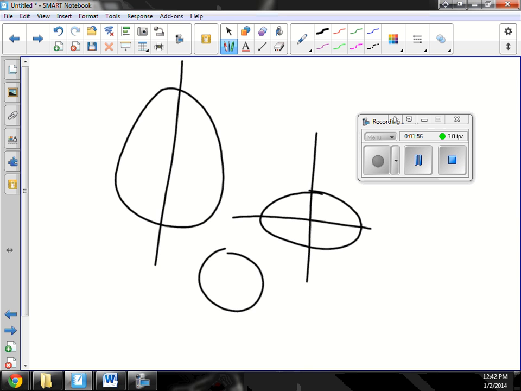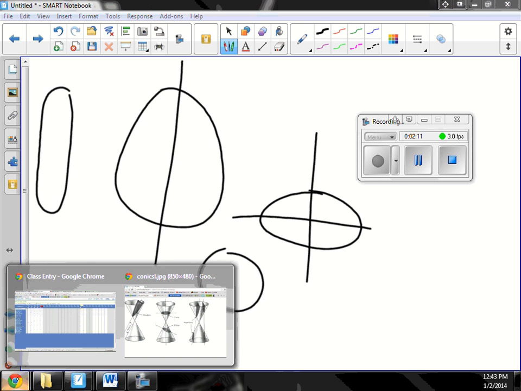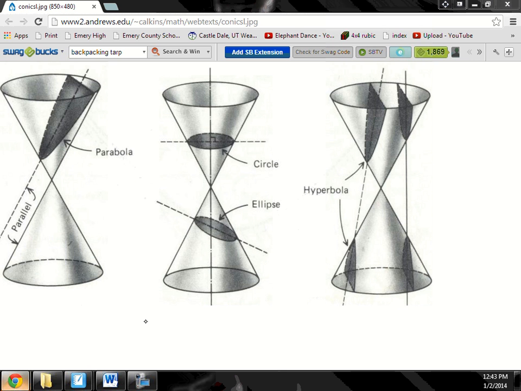And just because it has two axes of symmetry doesn't mean that it is an ellipse. So if I had something like this, it is not an ellipse, because it has straight sides. An ellipse doesn't actually have straight sides. All right, so if we go back to our page of conic sections,